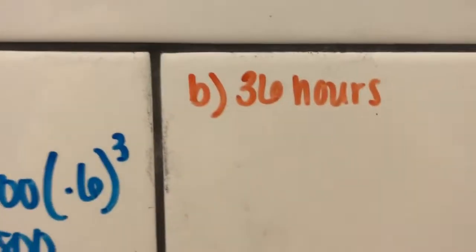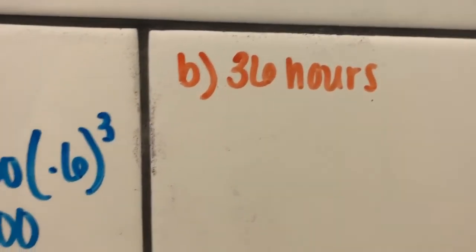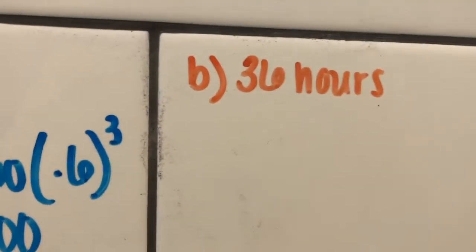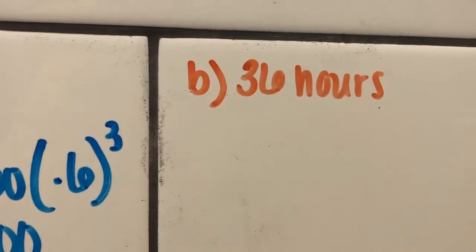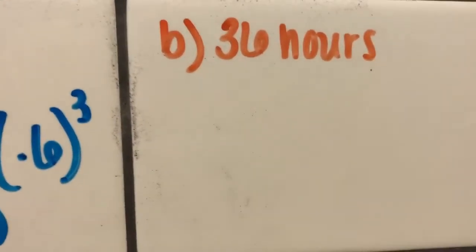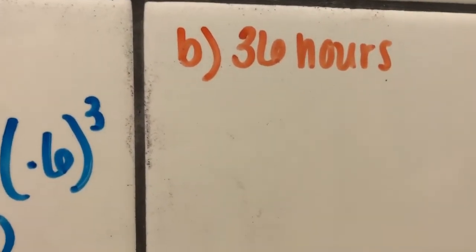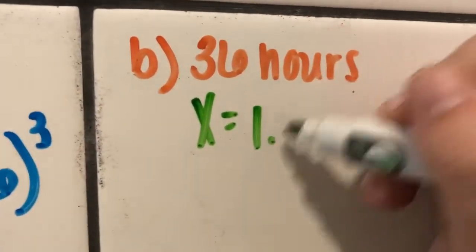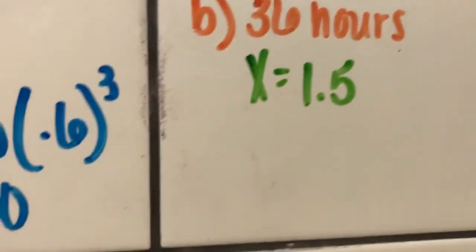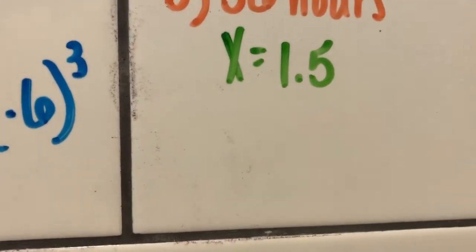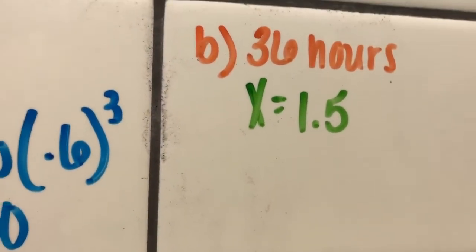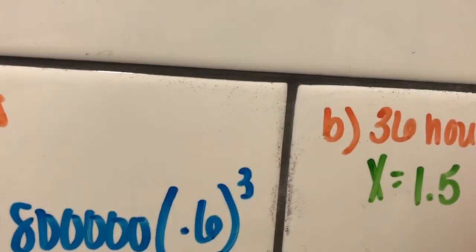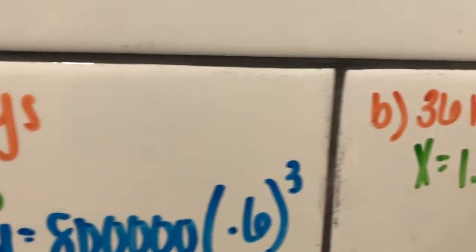For B, we want to know 36 hours. How many termites does the exterminator kill after 36 hours? Well, how many days can fit into 36 hours? So if I were to think this through, I'd say there's 24 hours in a day. So in 36 hours, there is 1.5 days. So my x is going to be 1.5. When I plug that into my equation, remember that x is the little exponent, and when you plug it into the calculator, you should end up with about,